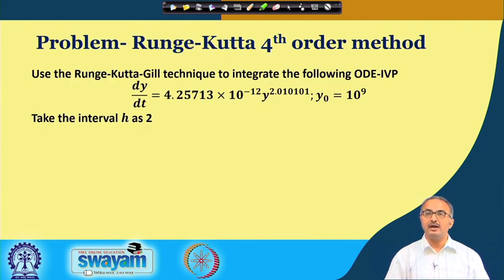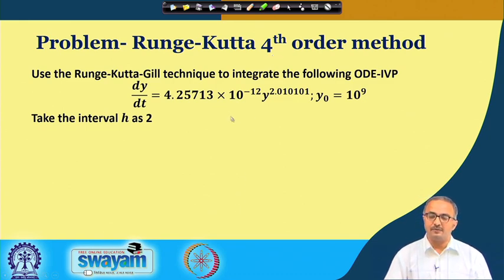Next we come to another very popular method, the Runge-Kutta method, and this method has many variations. I am talking about one of the Runge-Kutta methods. This is a kind of family of methods. Depending on the order of accuracy needed, we have first order, second order, and so on. The fourth order Runge-Kutta is very popular, and even in fourth order you will find many variations in the literature.